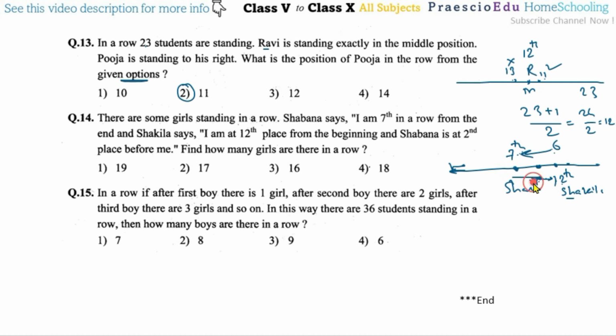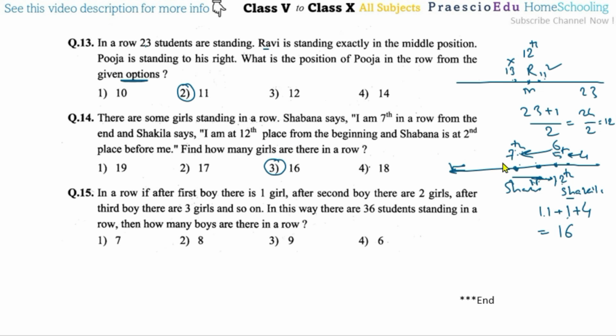Now before this one, 11 girls are there, so this 11 plus Shakila's one counting, so plus 1, and Shakila is on this, means second, okay, from the Shabana's. So this is 7th, then 6th, 5th. So this is 5th from the end. Okay, Shakila is 5th from the end, and behind her there are the 4 girls. So this 4 we have to count. Okay, so means 11 plus 1 is 12, 12 plus 4 is 16. So 16 means option number 3 is the correct one.